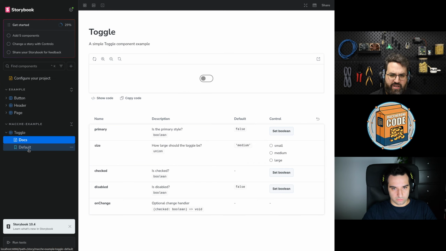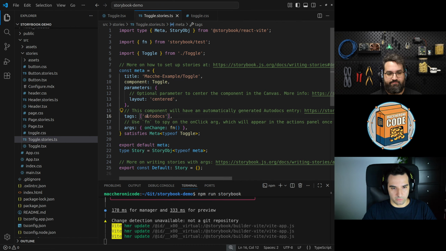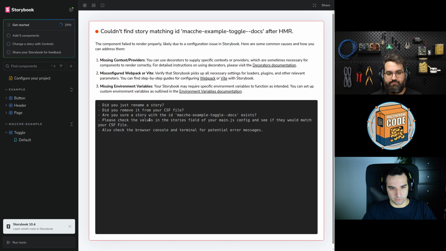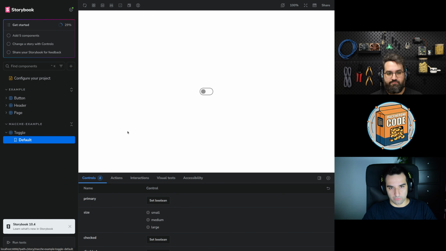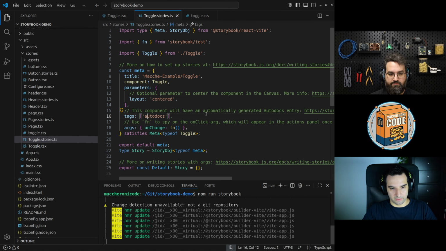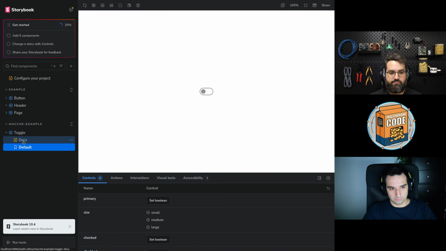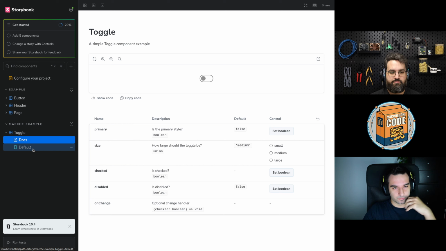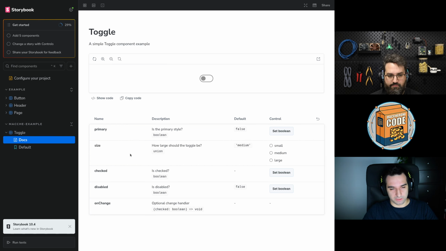Did you have to reload the page, or did it show up automatically? No, it showed up magically. You have the auto reload set. In fact, now we are going to break it because I want to make an example. If I remove the autodocs, you have lost the doc page, and as you see, the page has been reloaded and doesn't find the doc. You have only the component itself without documentation. If you add again the autodocs tag, you have the doc. Now, again, here. Cool. Okay, easy, easy.